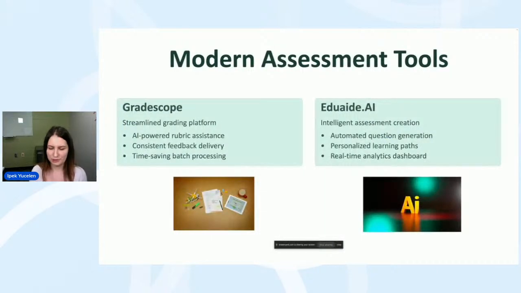GradeScope. GradeScope is essentially you upload your students' exams or assignments, and from an AI-generated rubric, it grades them automatically. It's going to save you a lot of time, especially if you have 180 students in your class like I do.